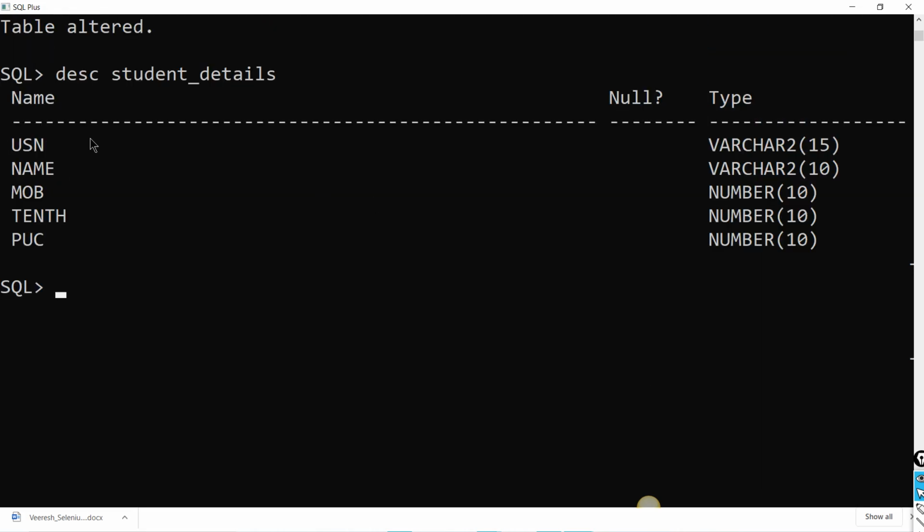Now it can be null and it can have duplicate keys. You can have the same USN numbers. You can enter one, for example, 180.89.0.0.1. You can have this same USN twice or thrice, more than that. But if it is a primary key, it should be unique only. Once you enter 180.89.0.0.1, you cannot re-enter it. So that is what a unique key is.